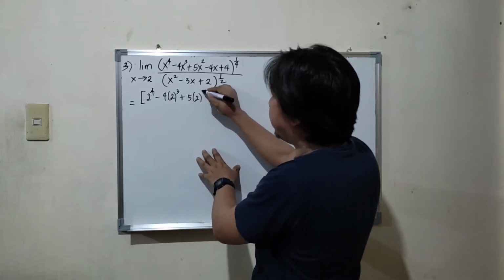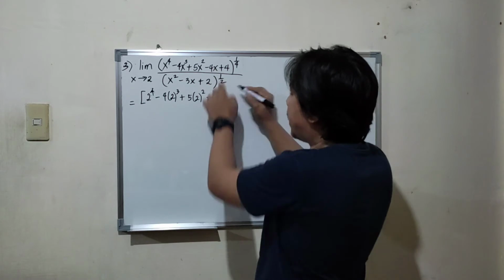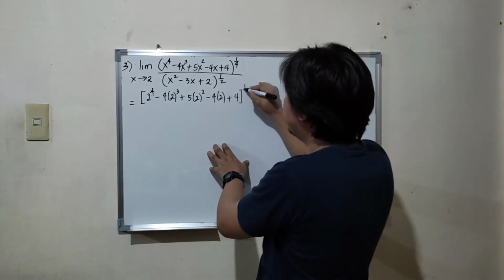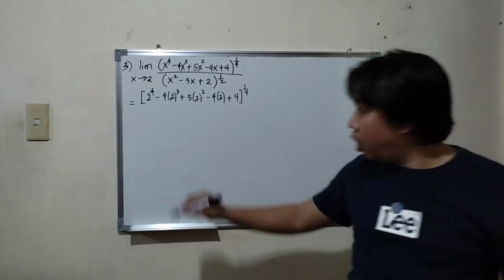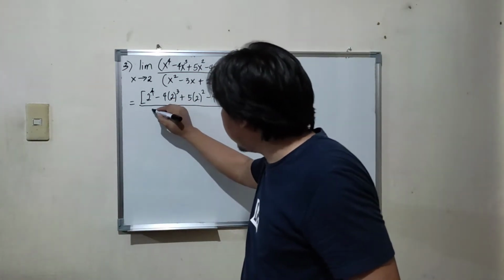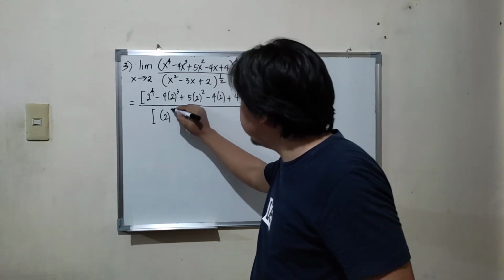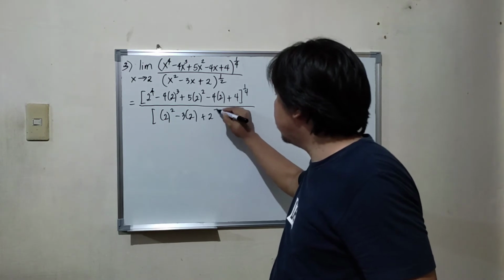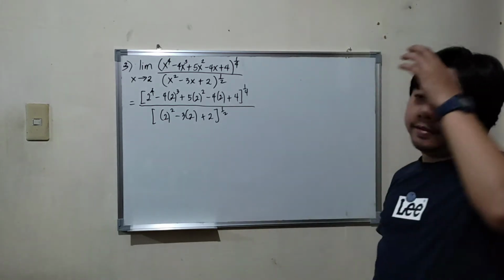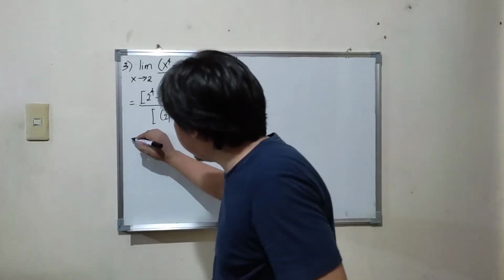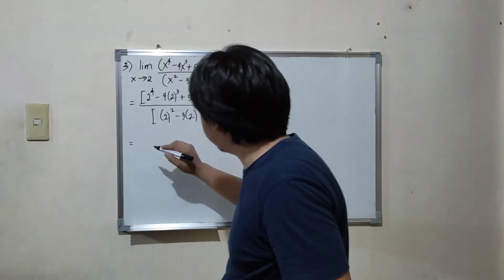So we have 2 squared minus 4 times x, that is 2 plus 4 raised to 1/4 all over, so substitute 2, we have 2 squared minus 3 times 2 plus 2 raised to 1/2. Okay, so tingnan natin kung magiging 0 parehas ang numerator and denominator, kung magiging